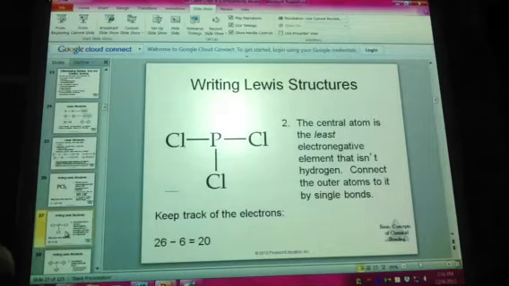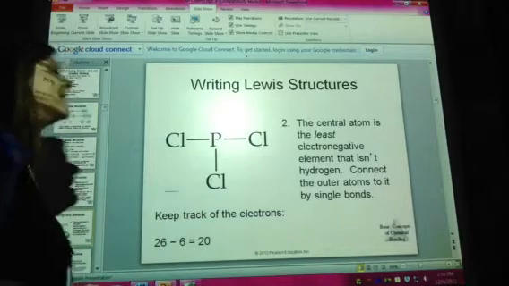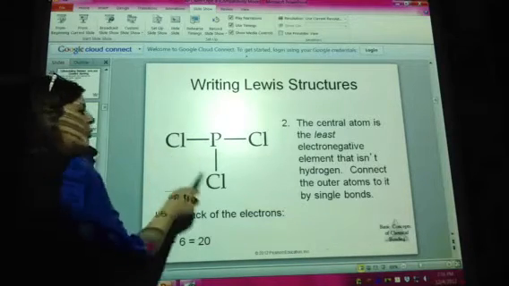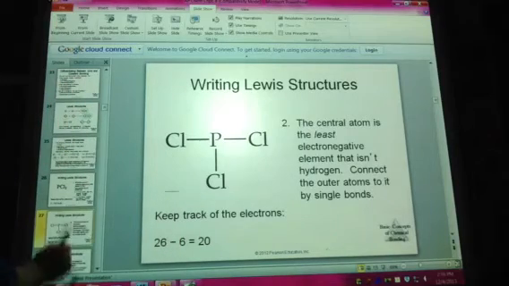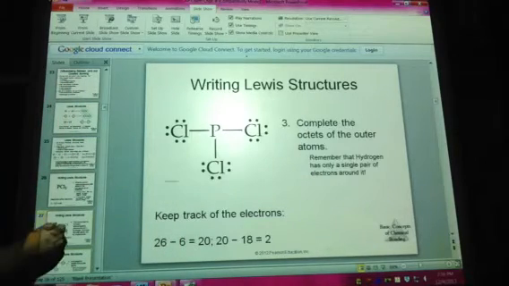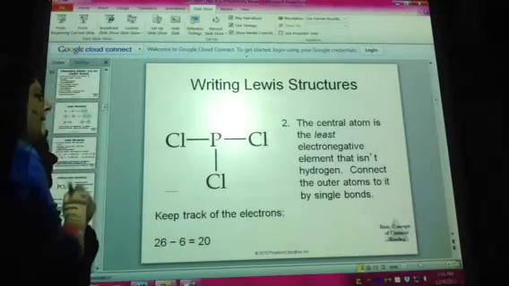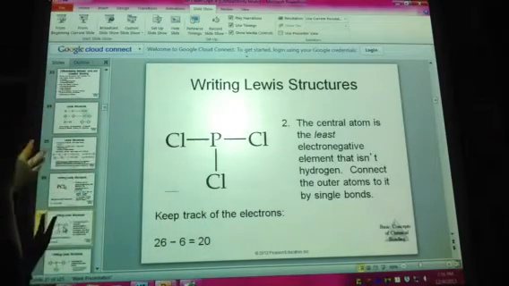The central atom should be the least electronegative element, and it cannot be hydrogen. Once you figure out the central atom, you want to connect the outer atoms that are bonded to it only by single bonds first. So we're only single bonding these elements to that central atom first. With that being said too,